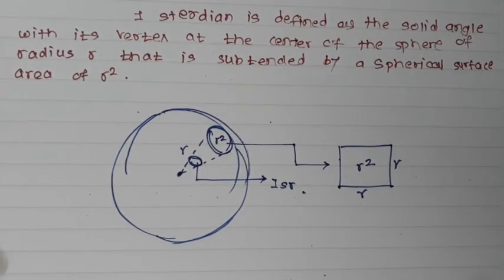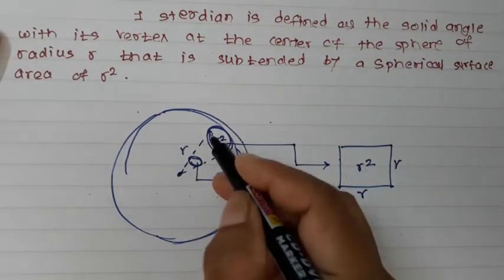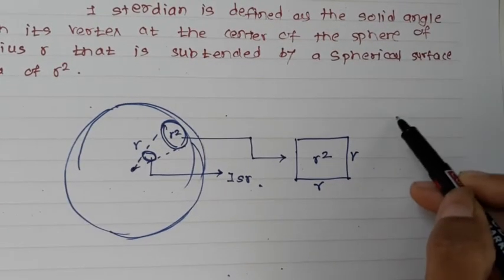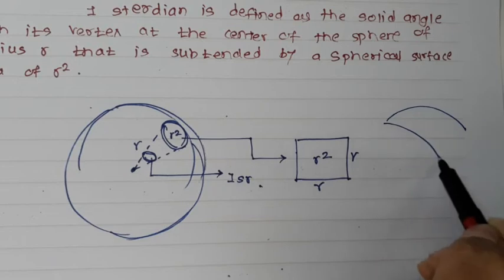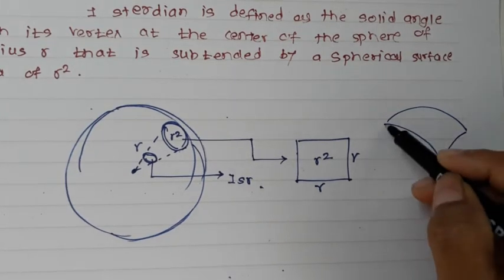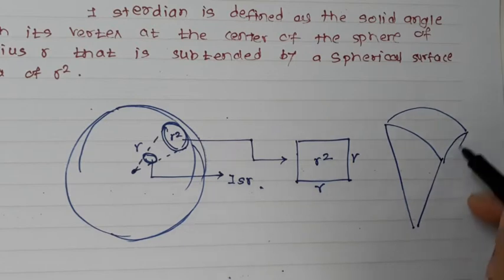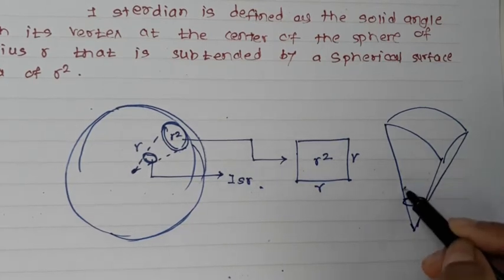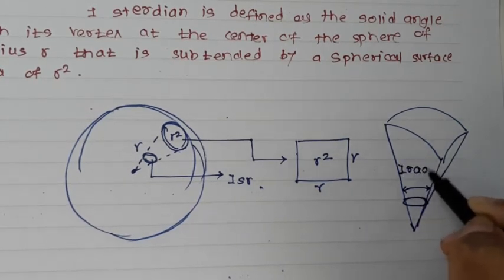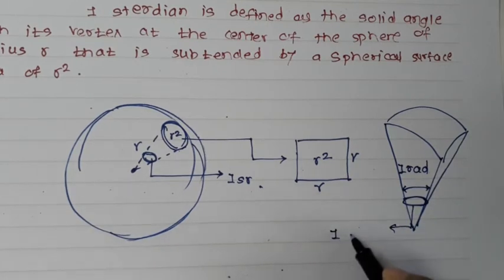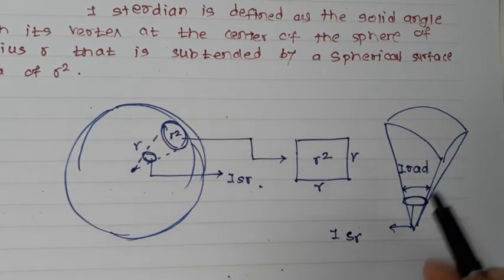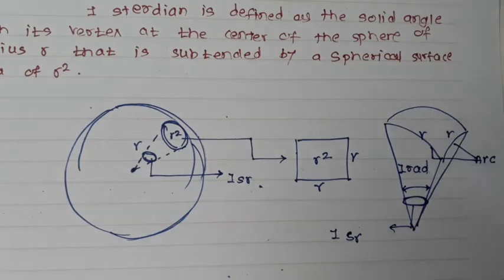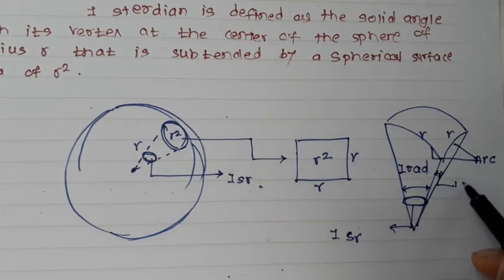Now if I again elaborate this particular steradian, I will draw it here. It will be like this, and you will have the area like this. This particular angle is the plane angle, which is the 1 radian, and this is the solid angle, which will be called the 1 steradian. So these are the R and R, these are the arcs, and this again is a plane angle, which will be the 1 radian.